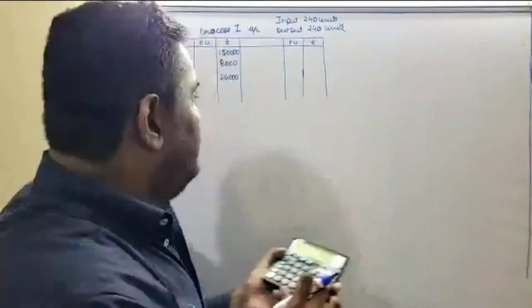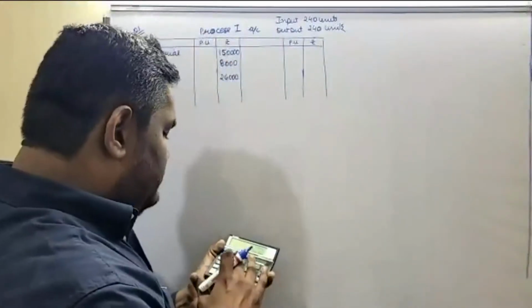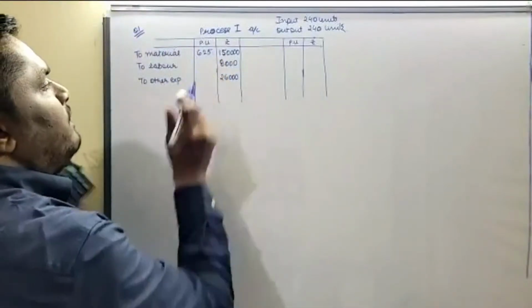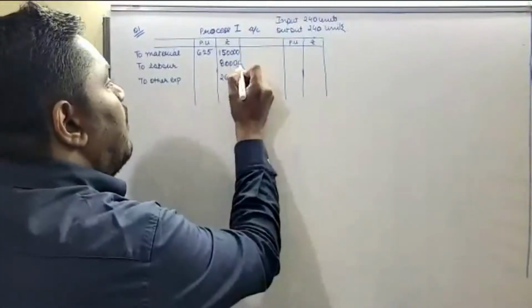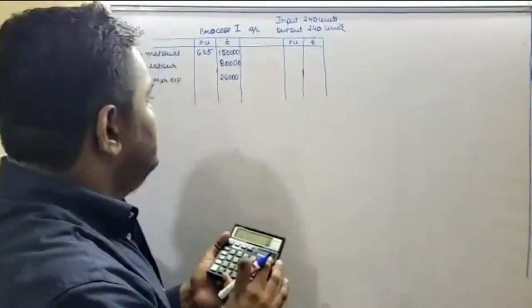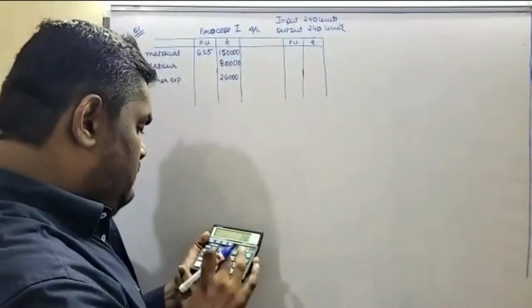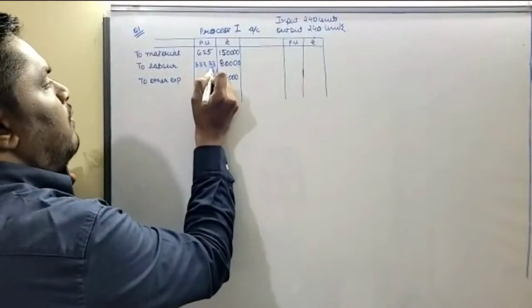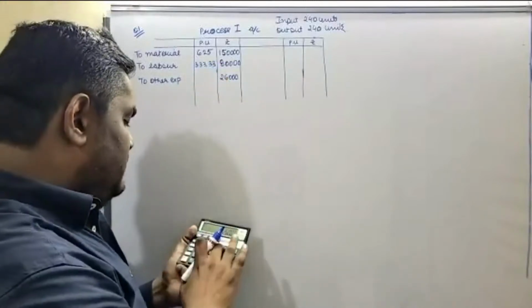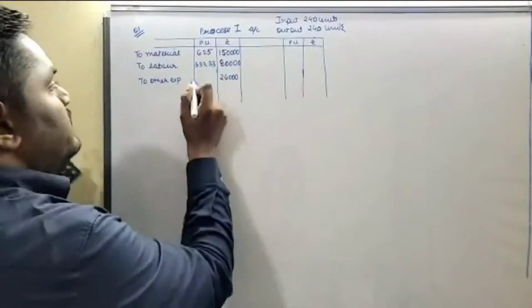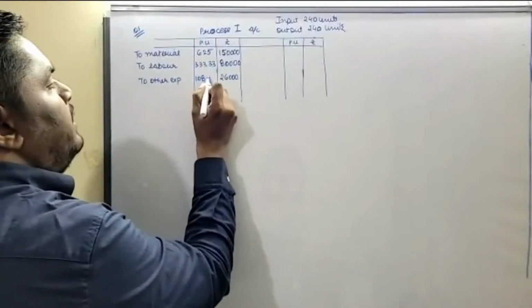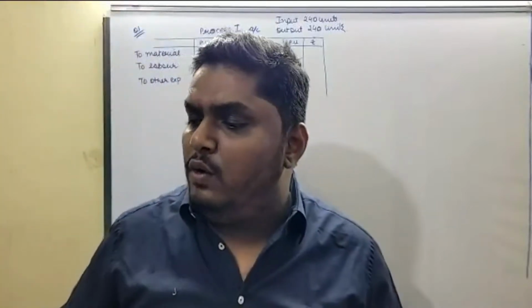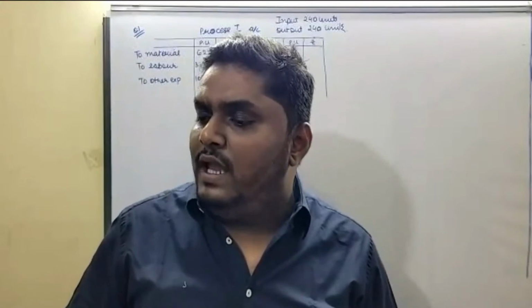Since we have to calculate the per unit cost also, 1,50,000 divided by 240 will be 625. 80,000 divided by 240 will be 333.33. 26,000 divided by 240 will be 108.33. Further, it is given in the question that indirect expenses amounting to rupees 85,000 can be apportioned on the